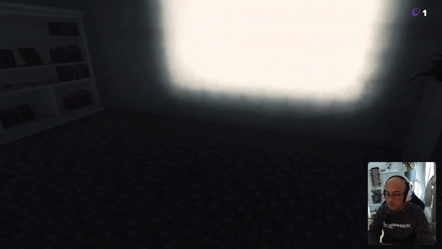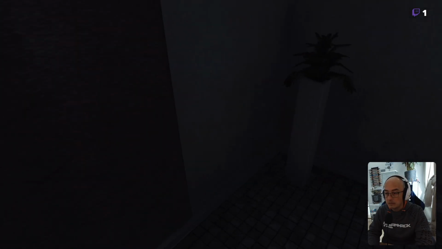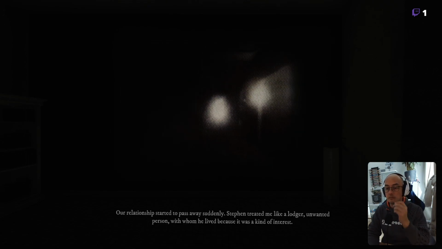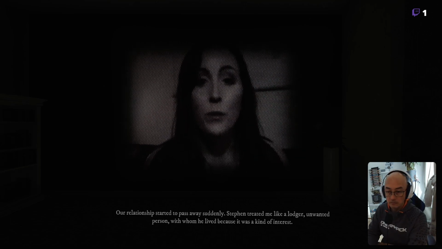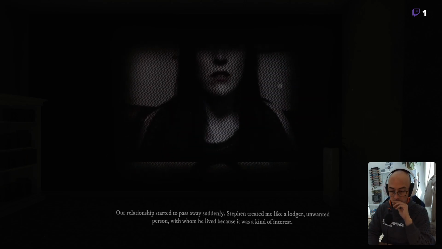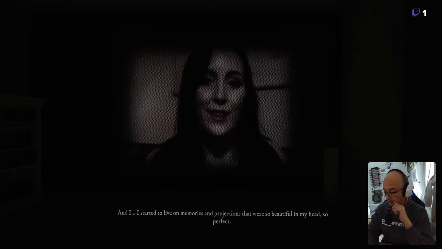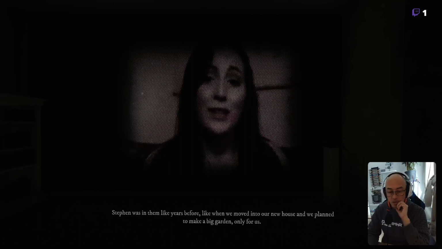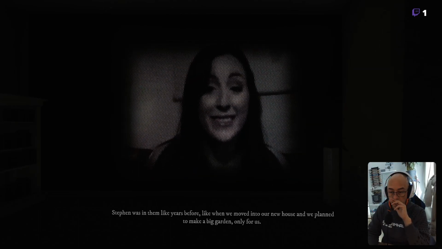Do we even have a shadow? No, we don't. Our relationship started to pass away suddenly. Stephen treated me like a lodger, an unwanted person, with whom he lived because it was a kind of interest. And I started to live on memories and projections that were so beautiful in my head, so perfect. Stephen was in them like years before, like when we moved into our new house and we planned to make a big garden only for us.